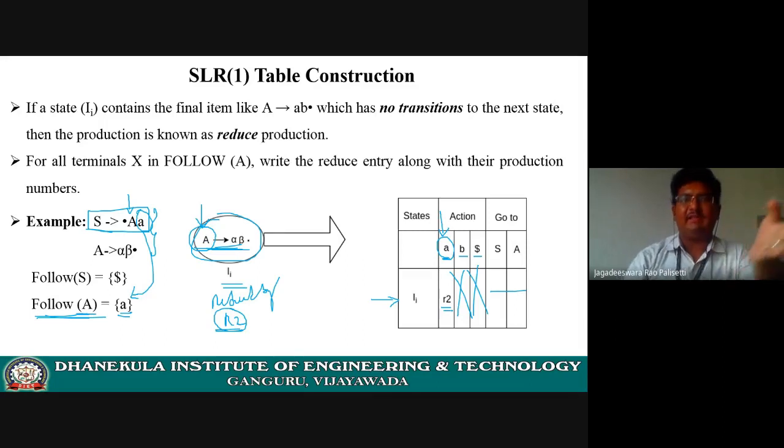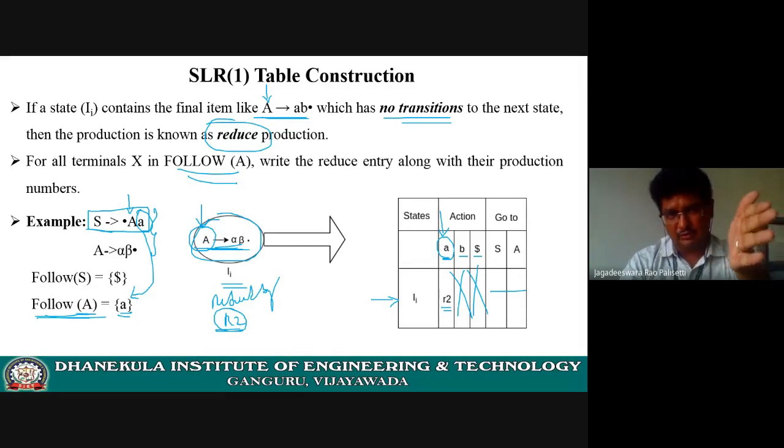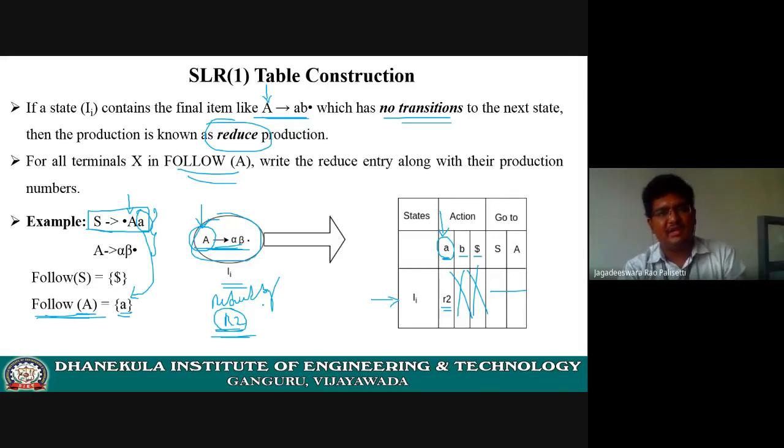Okay. So that's what I have given here. If you have any production rule or an item like this in your state where there is no transition to the next state, you obviously consider this as a reduced production. Am I clear? For that reduced production, whatever the non-terminal we have on the LHS, perform the follow function. Whatever set of terminals is given by the follow function, in those respective columns only we have to write R2, reduce by production rule number 2. Am I clear? Hope everyone understands.